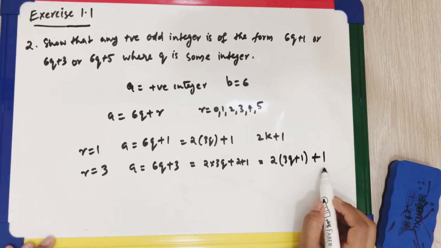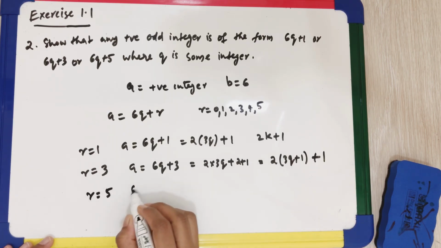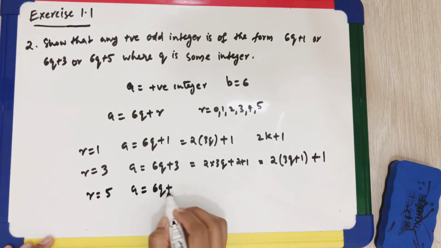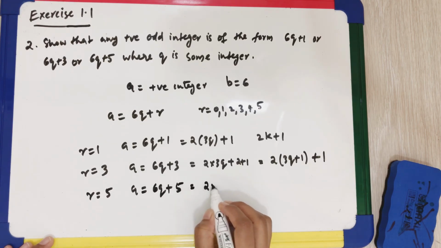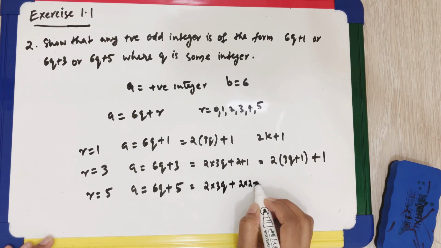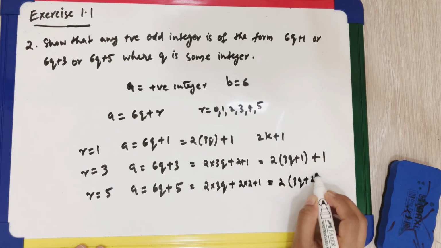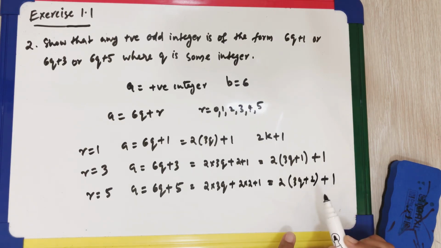Again, not divisible by 2, therefore this is odd. When r equals 5, a equals 6q plus 5, which is equal to 2 into 3q plus 4 plus 1, which is equal to 2 into 3q plus 2 plus 1, which is